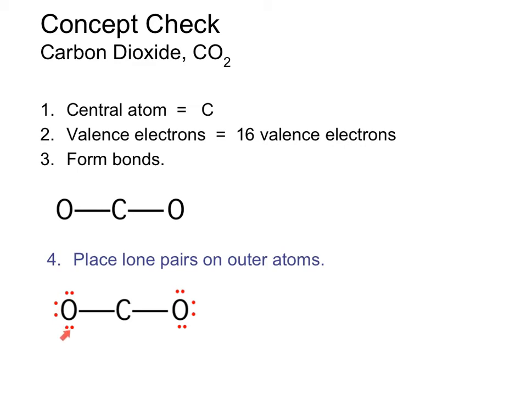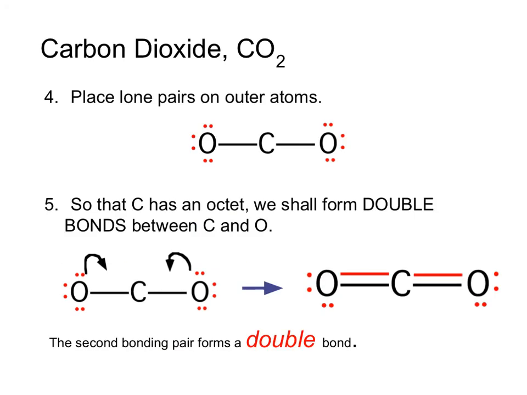2, 4, 6 to give this oxygen an octet. 2, 4, 6 to give this oxygen an octet. So we have now used all of our electrons. 2, 4, 6, 8, 10, 12, 14, 16. Both oxygens have octets, but carbon does not. And so we're going to take a lone pair from each oxygen atom and use that to form an additional bond between carbon and oxygen,